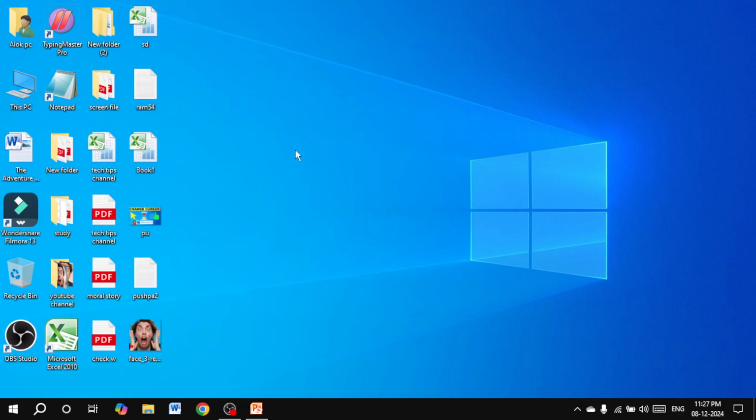So this is the method to hide a folder on